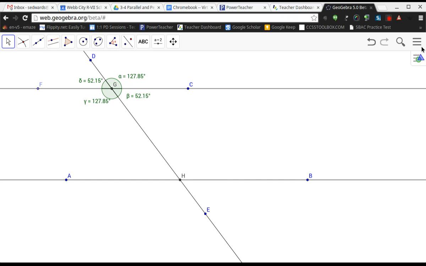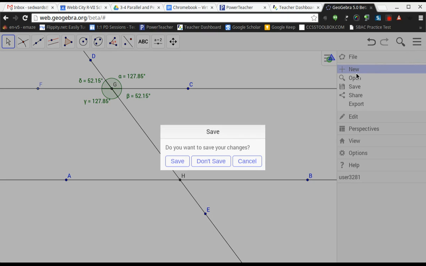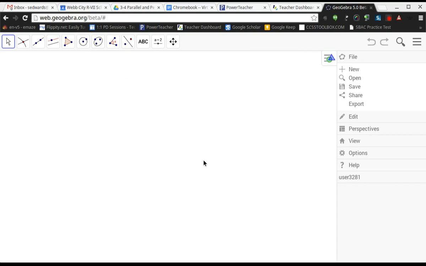Okay, now, let's do a new one. You might want to save this in case that you're having issues. Actually, you want to export it if you're making sure you have it right. Okay, now on the new one,